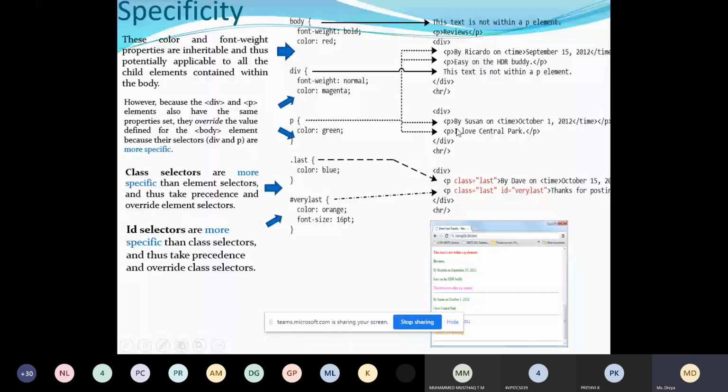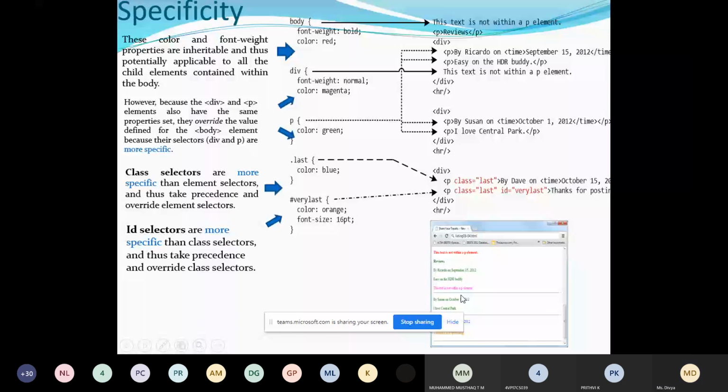This text is not within a P element, so it is getting red color, and you can see in this diagram that this color is red. Whatever is inside a paragraph is in green. Whatever text is not within a paragraph but within the div gets the light pink magenta color.